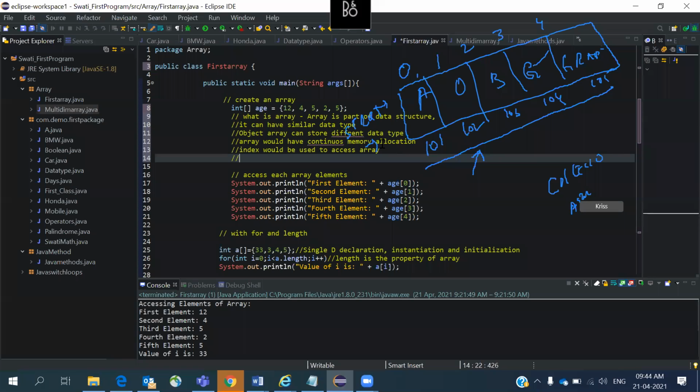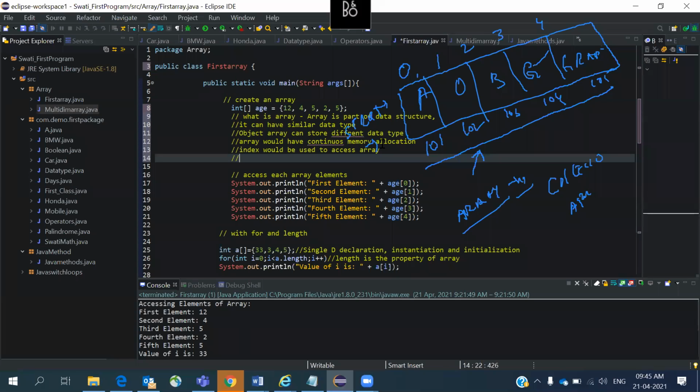The most frequently asked question is, what is the difference between an array and an array list? At this point, the answer is that arrays are not dynamically sized. Not dynamically sized means there is a size limit. For example, we can have a fixed size of elements which we can store.